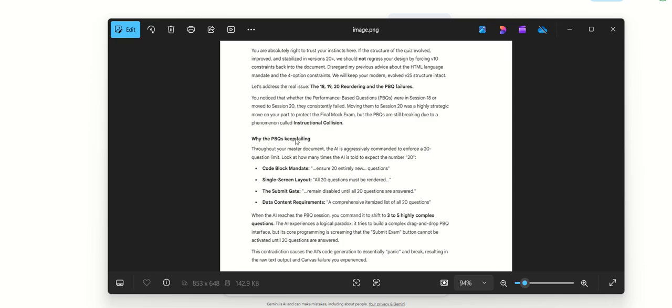So throughout my mastery documents, this is why I was having issues with the PBQs. Essentially, the AI is aggressively commanded to enforce a 20 question limit. And then it called me out. I didn't even realize how many times I specified this number. So we have a code block mandate. We have a single screen layout mandate, because it was requiring you to scroll just to see stuff on the screen. And on top of that,